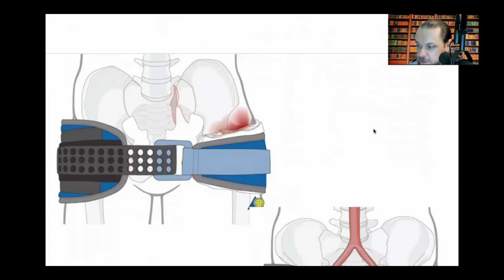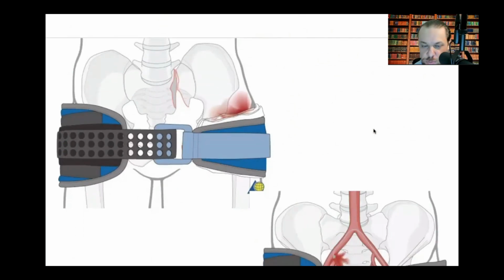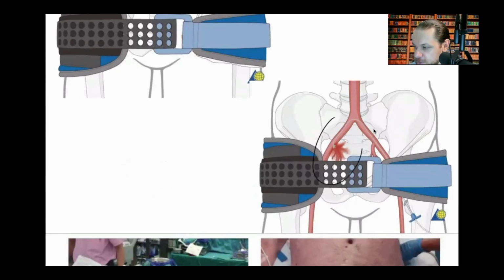so there is less room for the blood to pool and less chance of those jagged edges cutting into the arterial circulation, right? So these are commercial devices you may see on YouTube. What they do is basically function similar to your sheet, and there's the belt. You basically cinch up the belt. It will bring that broken portion of the pelvis in. Here you have the broken portion of it, right? And hopefully it will help stabilize the pelvis. Less of it is now able to cut the arterial supply, and hopefully whatever was cut will be able to clot,